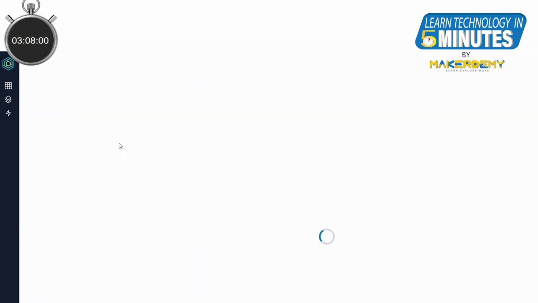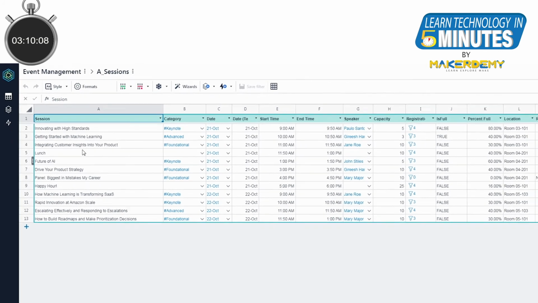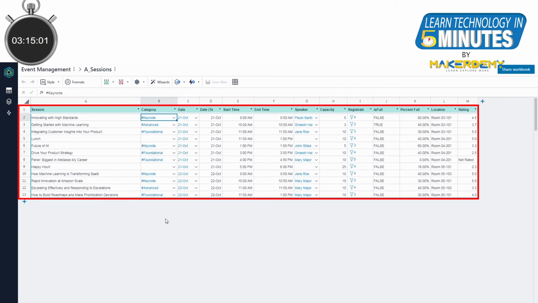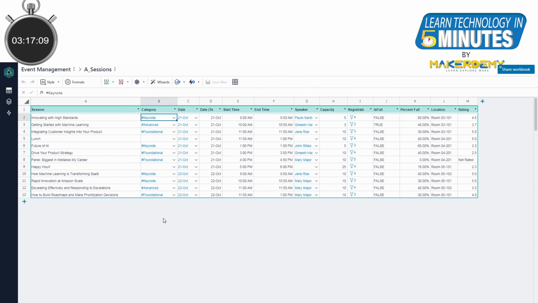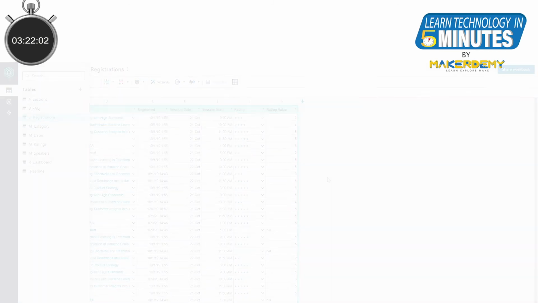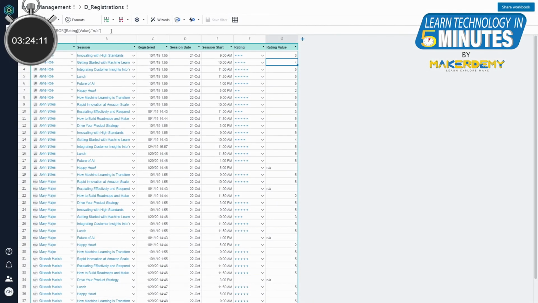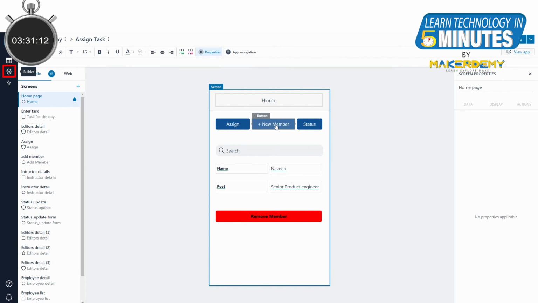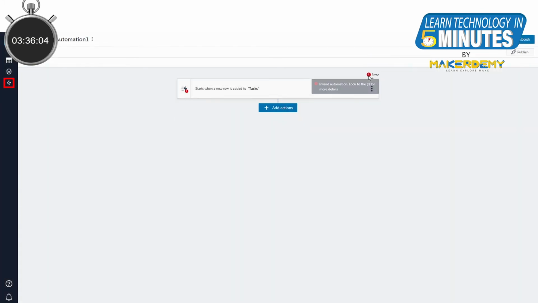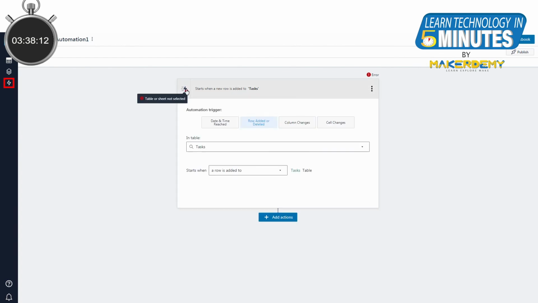Here on the left side, we will find the options for working in a tabular column to store our app's data. Inside the tabular column, we will see a page similar to a spreadsheet. We can create up to 100,000 rows and columns in this sheet. We can enter the data here and add formulas, variables, and other necessary details inside it. Then the app builder option is where we will develop our app. Finally, the automation option is used to send notification and alert messages to the selected team members.